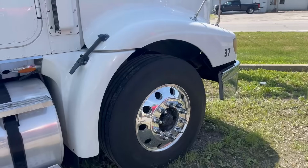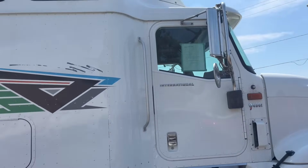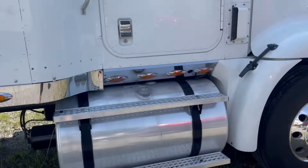Man, what's going on? Just over here, getting ready to take a load over to the dump, and I missed the turn. License bureau's over here, but there's this International that's sitting here. This thing looks good. It's 9400. I'm gonna turn you on real quick. I seen this when I come over to get the big wagon